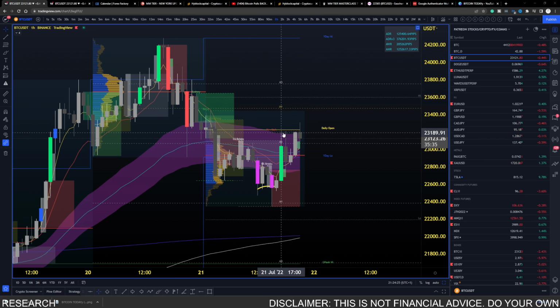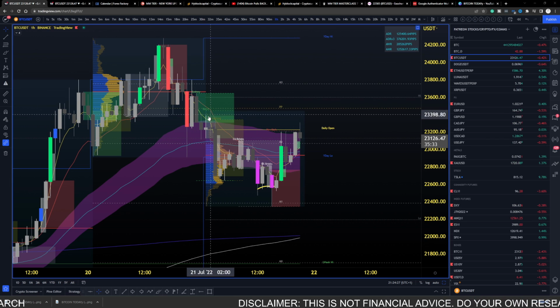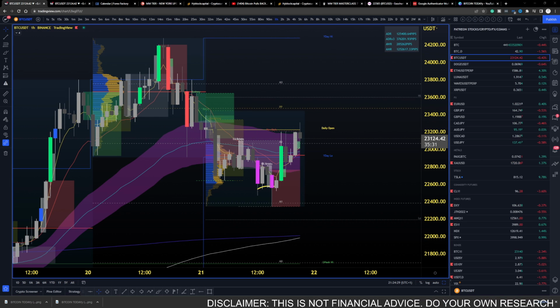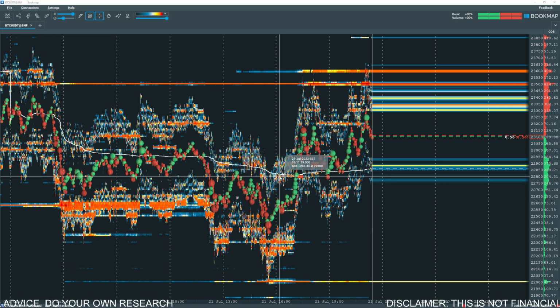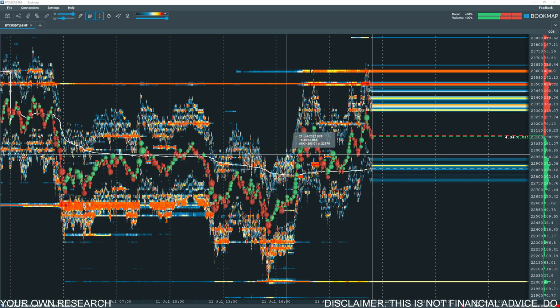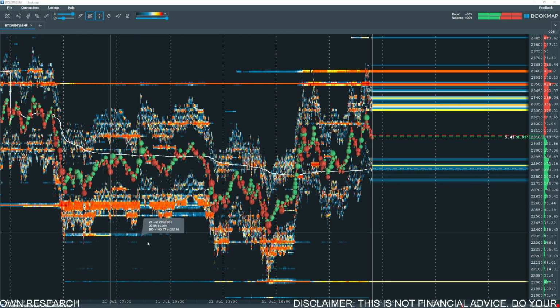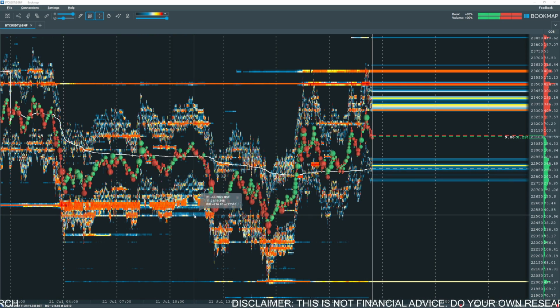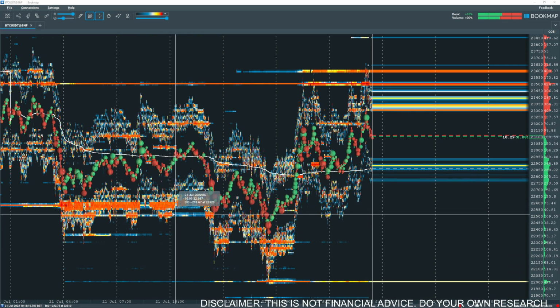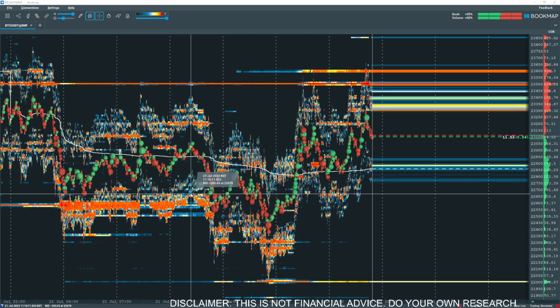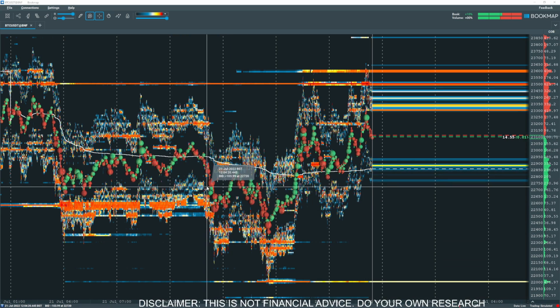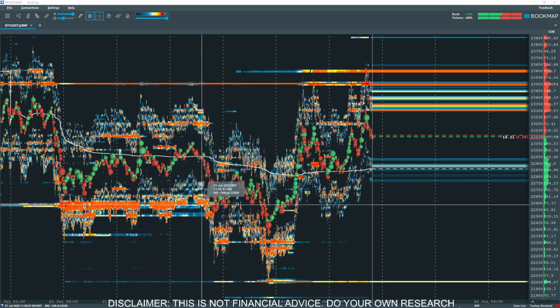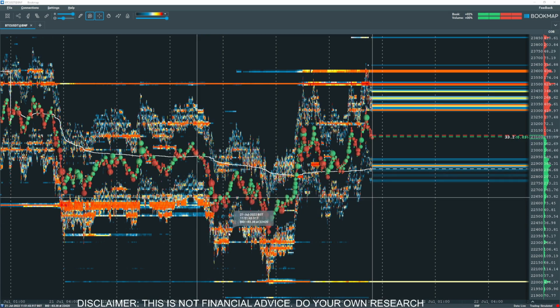Earlier on today, ladies and gentlemen, we were anticipating that Bitcoin was going to do something in a particular zone. So check this out. In the live stream today, we were talking about the Bookmap. And I had stated during that live stream that there was a particular zone right here where the interest of traders who had placed orders inside of these zones but didn't get filled would be the deciding factor as to whether or not there was going to be the same interest coming back in at these areas.